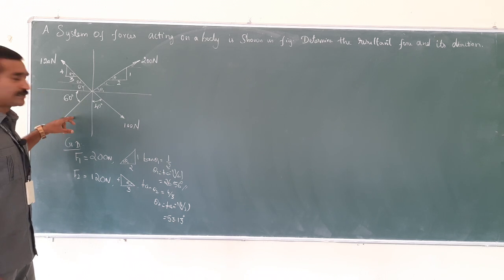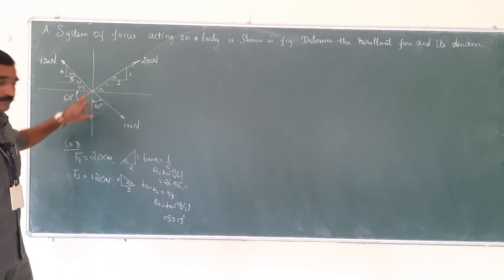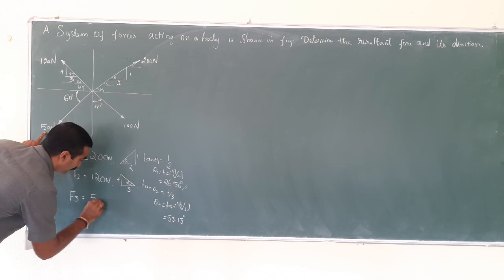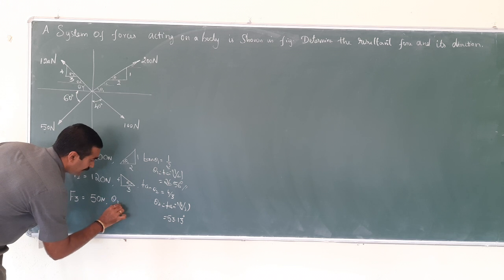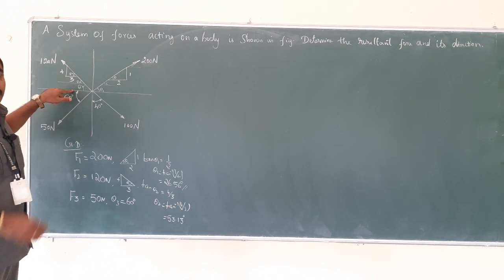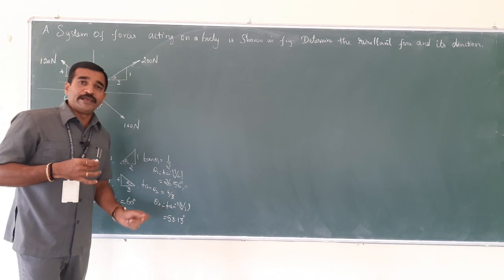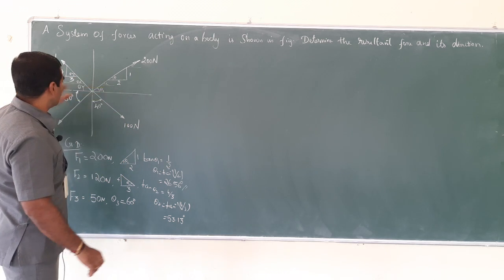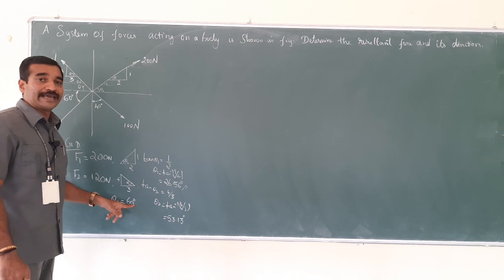Right. Let me move to the third quadrant, wherein a force is acting outwards from this point, of magnitude F3 equal to 50 Newton. And theta 3 is directly given, 60 degree with horizontal. When we solve the problem by resolution of forces, the angle should be corresponding to the x-axis, that is the horizontal. So it is corresponding to the x-axis, so I have taken it directly.